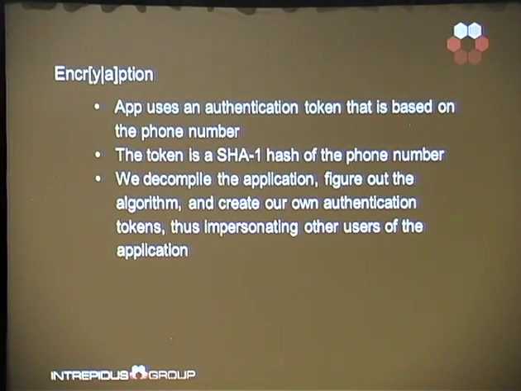So one example that I have is an app that has an authentication token that it presents to the server, and the token is a SHA-1 hash that's based on a phone number. Let's think about this. SHA-1 hash based on the phone number. SHA-1 hash, all right, reasonably secure, that's fine, but it's something that we control locally. So once we know that the phone number is what's used to generate the SHA-1 hash, the question is, well, can we maybe SHA-1 hash other phone numbers and all of a sudden become different users of the application? So this is actually exactly what happened. I mean, it was a pretty massive fail.